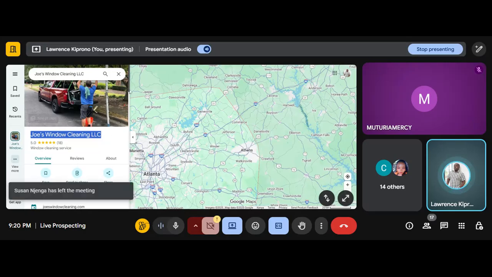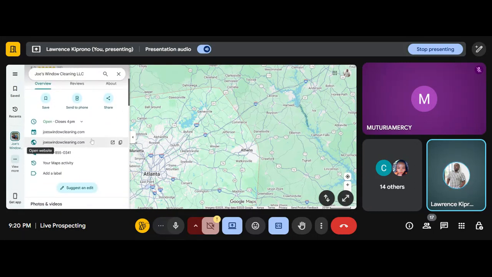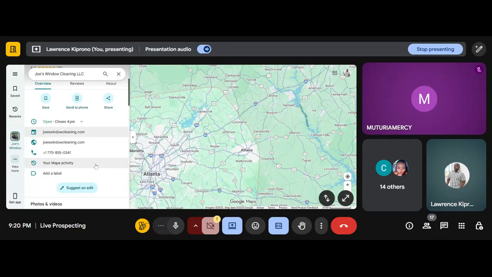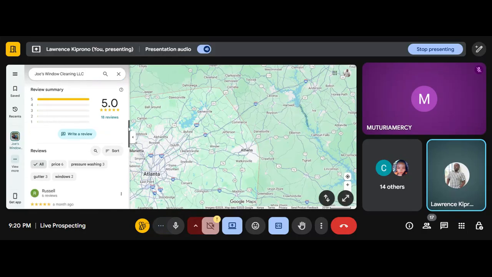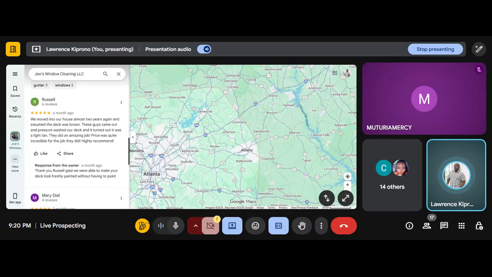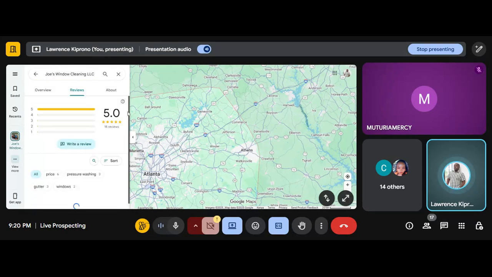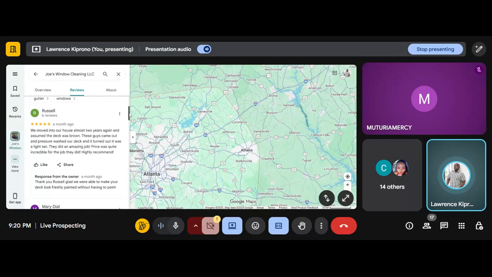So I'm looking for indicators. For example, they have 18 reviews. So I want to see. Let me open the website in a new page. Okay, so I need to sort by newest so that I see the latest review. So, a month ago,